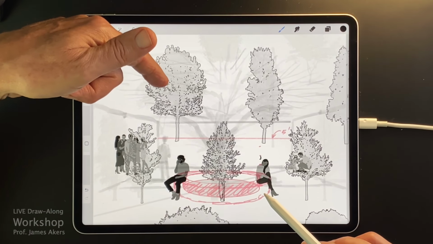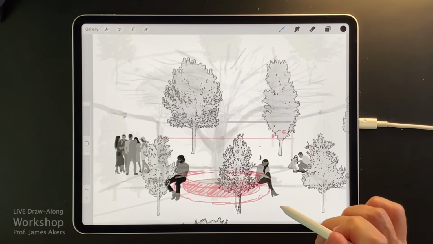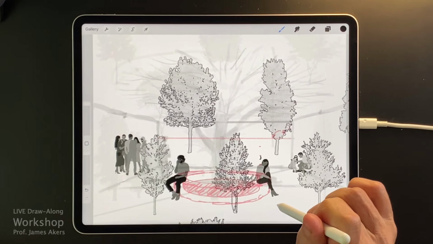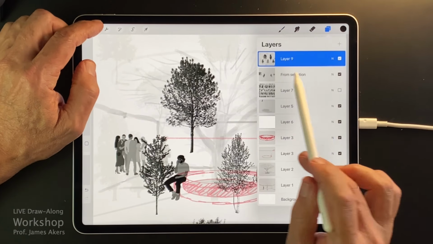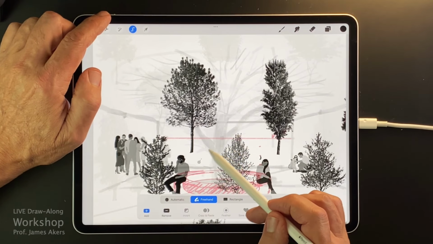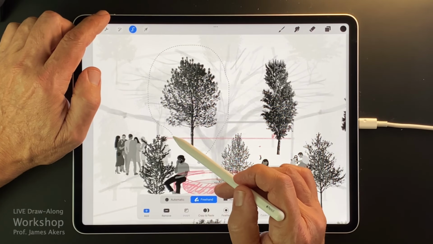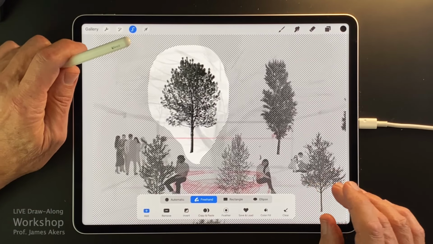All right, I'm going to ask for all of your kind permission, and I'm going to tap right now, and then I'm going to select just that tree and pull this up. It's fine. Yeah, that doesn't really work, but so what?